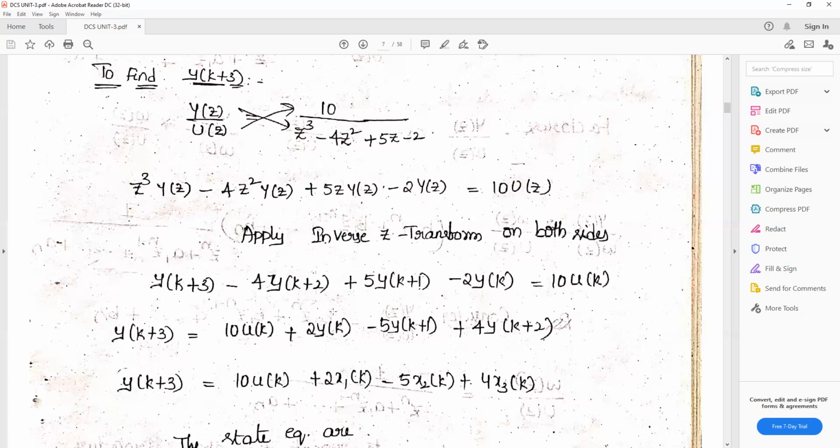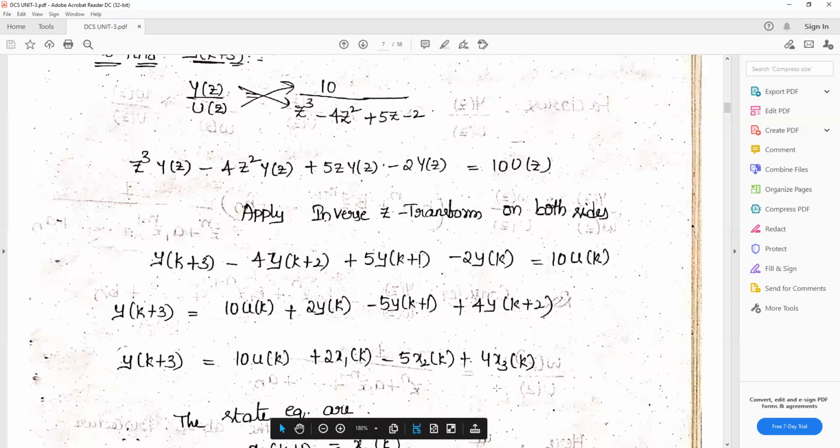After that, y of k plus 2 is x2. Y of k plus 2 is 4 into x3. K plus 1 is x2. Y of k is x1. So very, very simple. In the output equation, y of k is x1, k plus 1 is x2, k plus 2 is x3. The state equation,